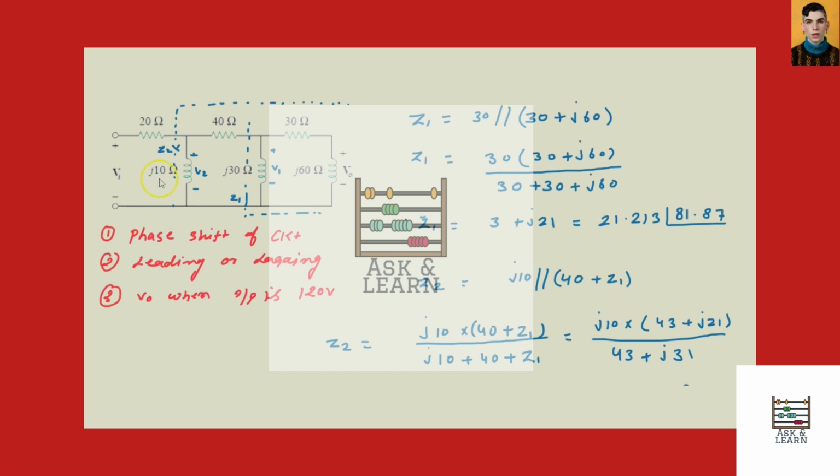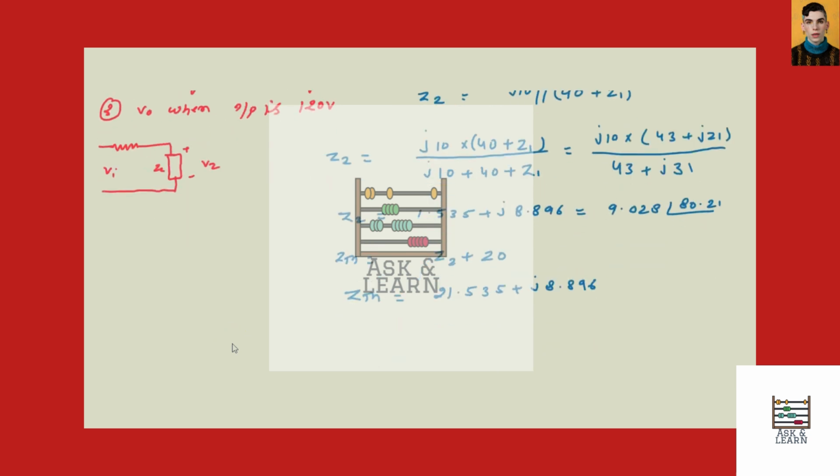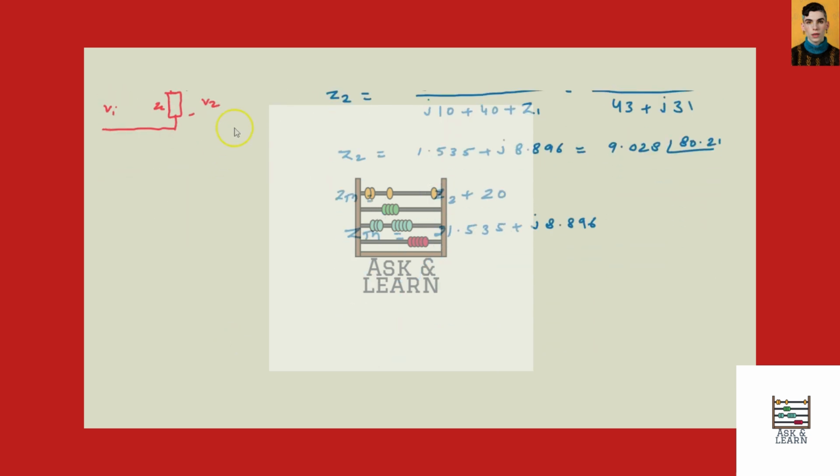So here we can redraw the circuit. This is 20 ohm and this is our Z2, and this is input Vi, and here plus minus V2, right? So then V2 equals, apply the voltage division rule. Apply the voltage division rule. Then V2 equals